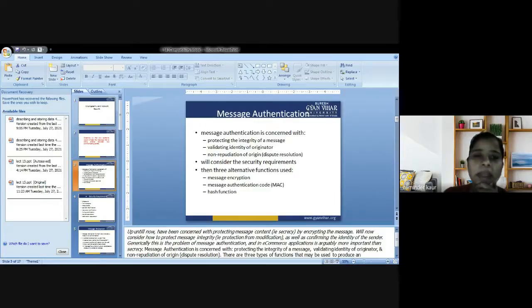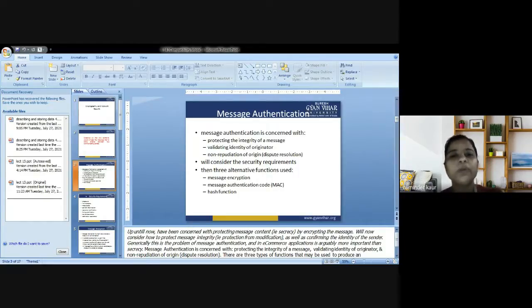What is basically MAC and what are the various concepts associated with MAC? MAC is a symmetric key algorithm. What is a symmetric key? One in which one key is used for encryption and decryption. So it is a symmetric key cryptographic technique used to provide message authentication, because whatever message is transmitted between the sender and the receiver could be protected with the authentication scheme that we are going to use in message authentication code.